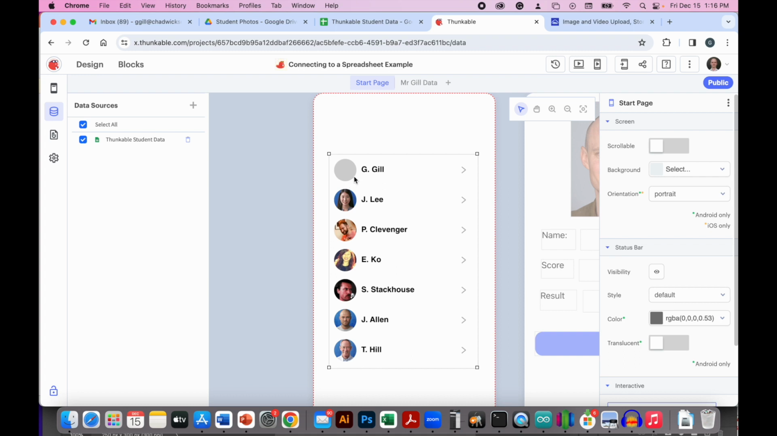Now that's because Google Drive gives links that don't work with Thunkable. You have to edit the links slightly. Now this is where it becomes a little bit of a pain. So if we go to the spreadsheet again